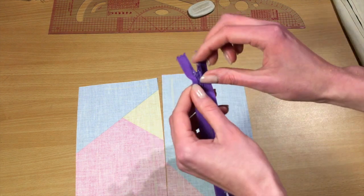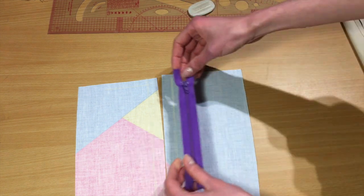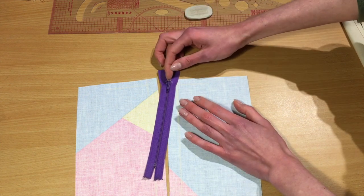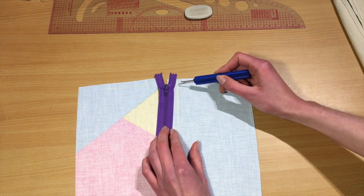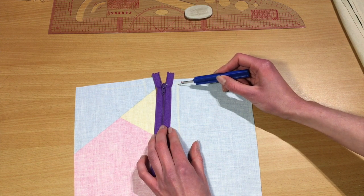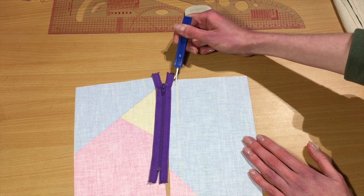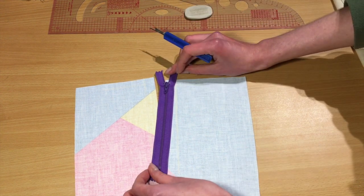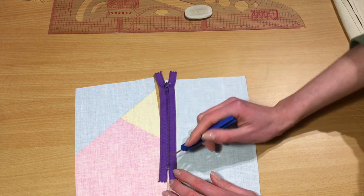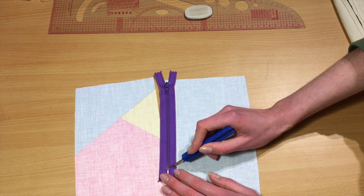So this will be the highest point of the zipper where you have the tape, and you need to make sure that this place, I'm gonna take a pen, wait, yes I have this. So this will be the highest point, and on your skirt, this one where you have the stitch, the end of seam allowance will be the highest point. So they have to be on the same line. And now I look where the end of my zipper is, so you have to stop a little bit higher than this place,